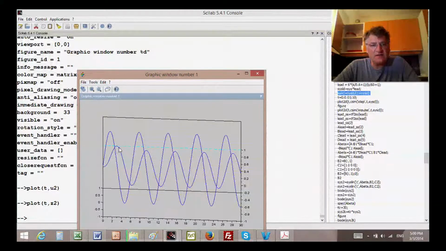And this response is the response of the dynamical system, 1 over s squared plus 2s plus 1. And again, what you see is that